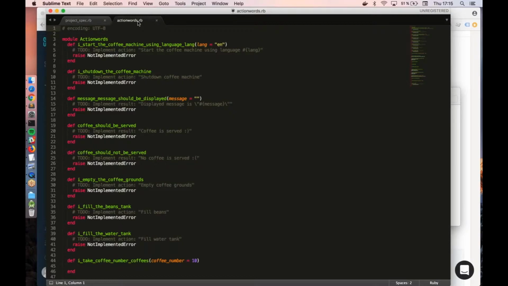For example, you can use Selenium to test a website. You can use Appium to test a mobile app. You can use HTTP commands to test an API. You can link that to external tools such as cross-browser testing to run the test in the cloud. That's completely up to you and the way you want to automate your test. Just one thing to remember, of course, you need to keep the same name for the functions, otherwise the test won't work anymore. Same principle, we generate the action words file as one single file,